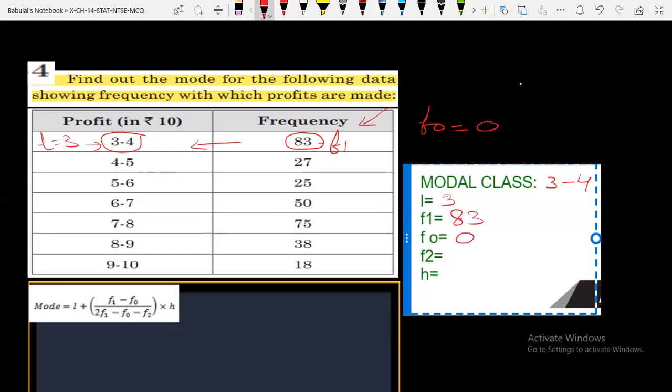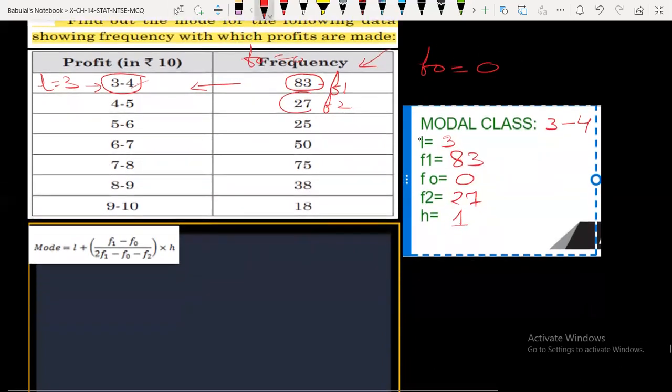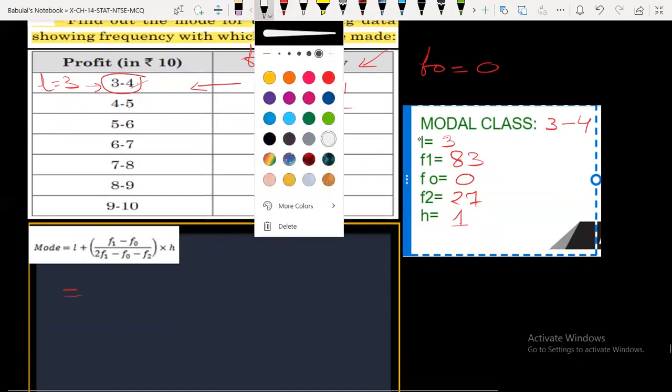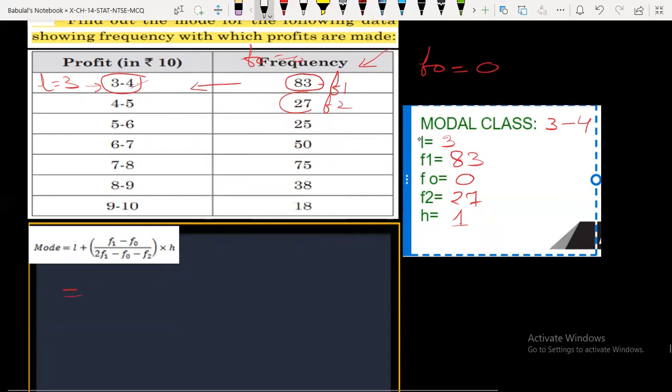Right, f0 is equal to 0, and what is f2? F2 is equal to 27, and what is h, the class size? Class size is here, you consider 4 minus 3, that is 1. Upper limit minus lower limit is the class size. So in this case, you put the values in the formula, that lower limit is 3